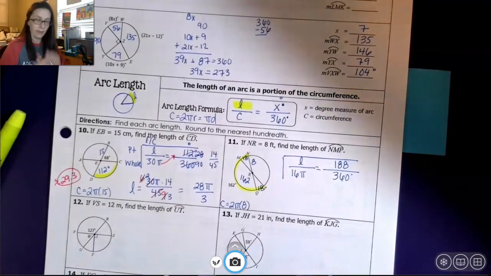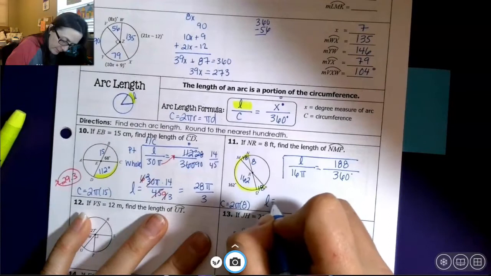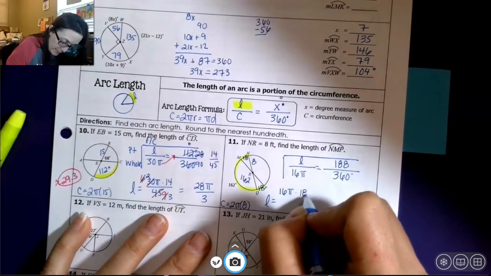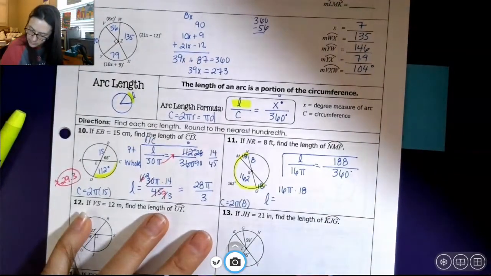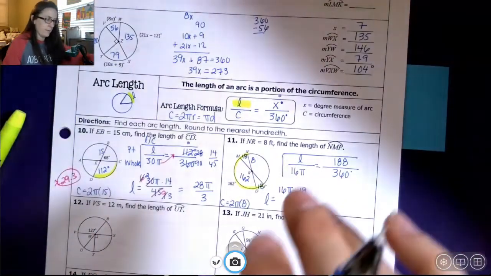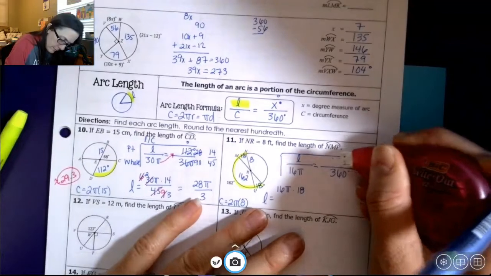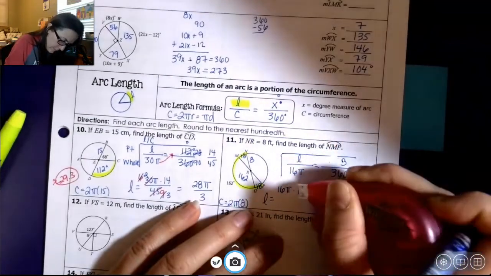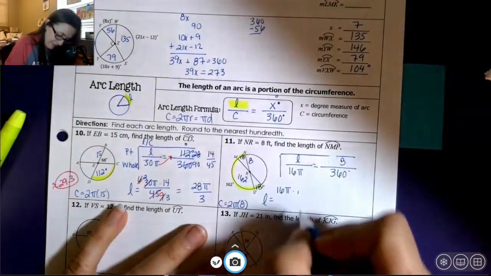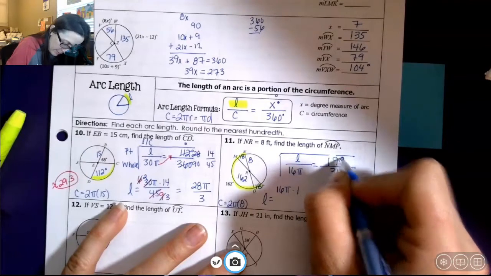If you are working out a calculator decimal answer, you can just multiply it across. I get 16 pi times 198. Why did I write that wrong? My whiteout is my favorite. I make tons of mistakes. 198